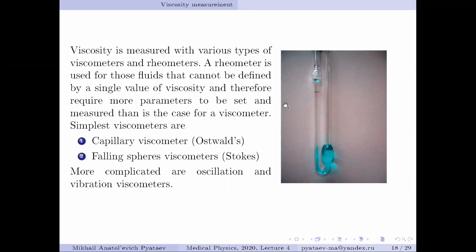We are able to calculate viscosity, but in reality it is not